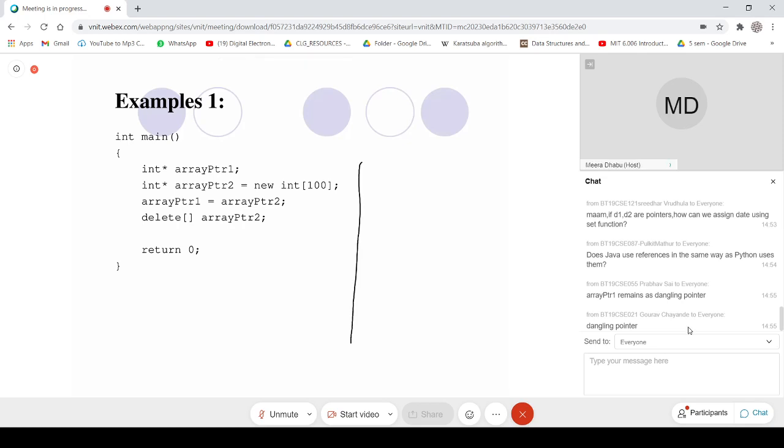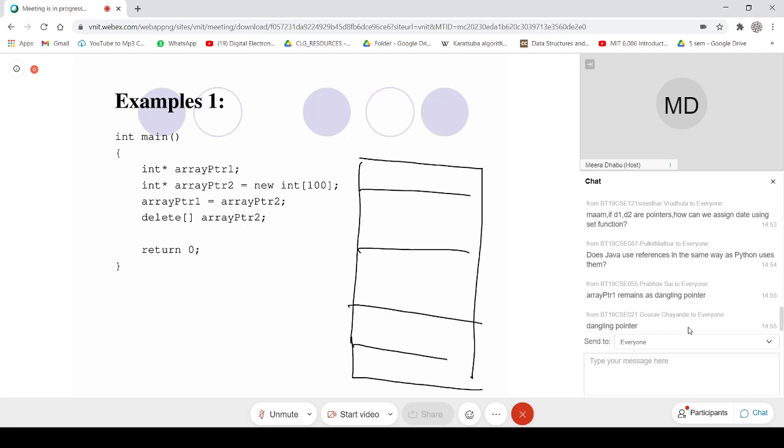What we have done, again, assume that this is the stack, and this is the heap. Now here you created a pointer, so it will be allocated space here. Then you created another, so I will just write down 1 and 2.